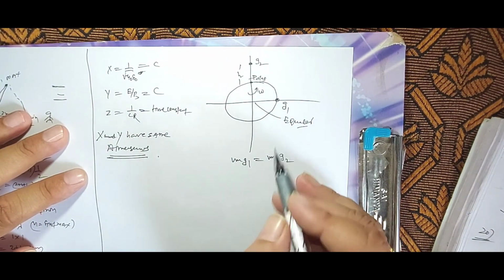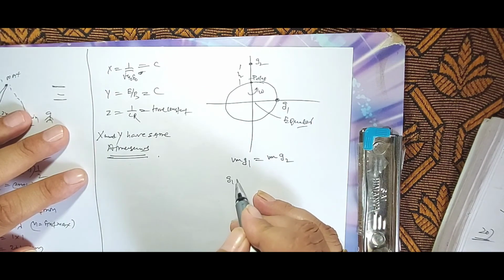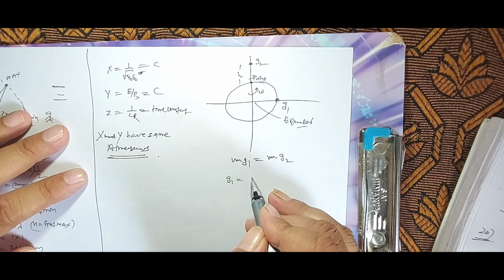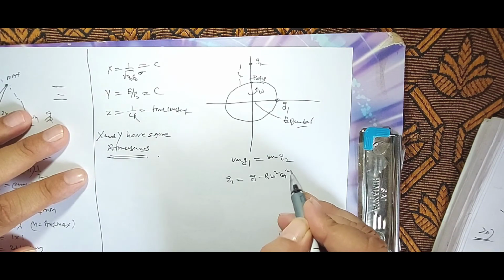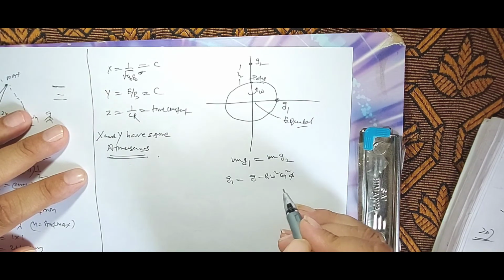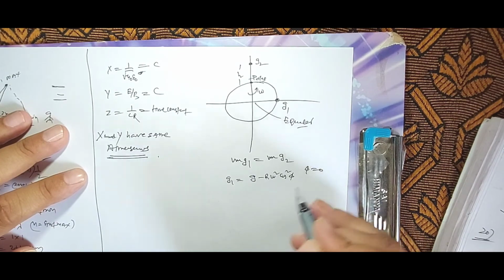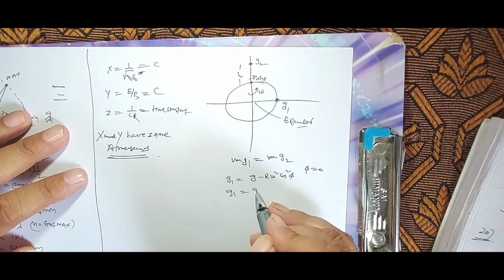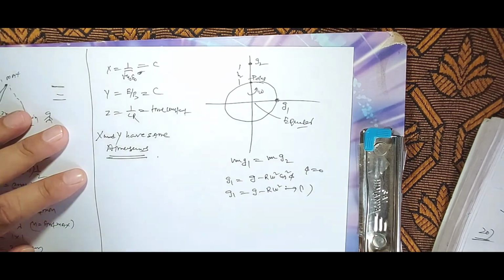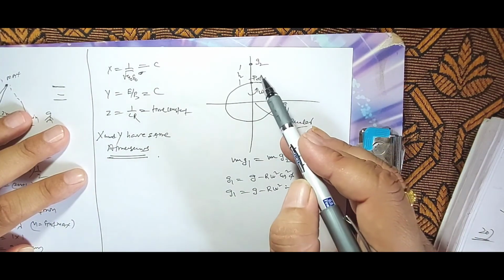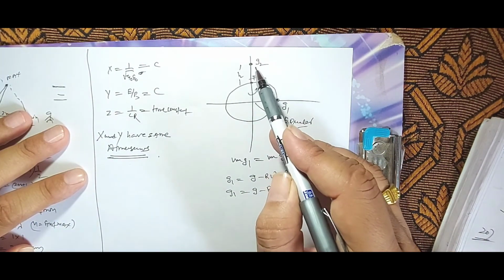Here at the equator, we know that g1 is equal to g minus r omega square cos square phi. Phi is the latitude, so the phi value is 0 at the equator. So g1 is equal to g minus r omega square cos 0, equation 1. But whereas at g2,